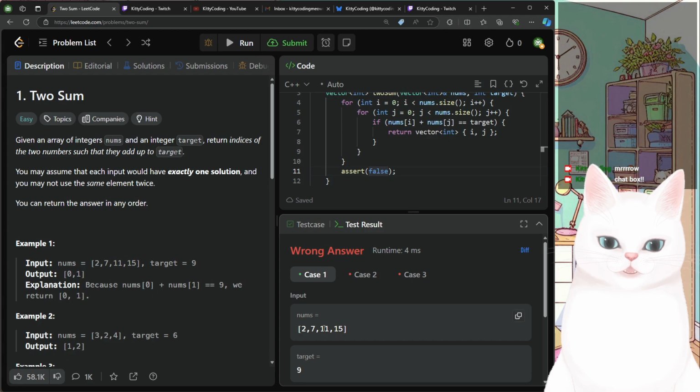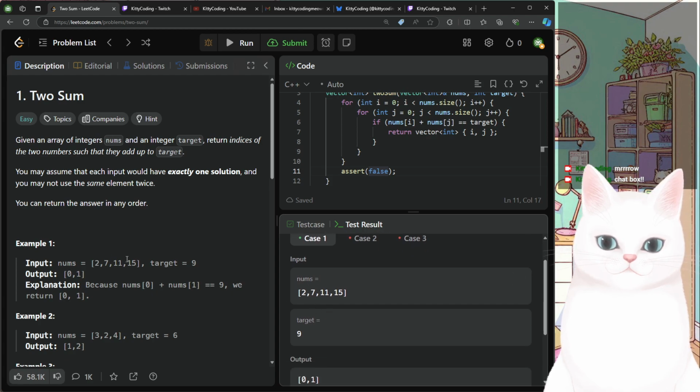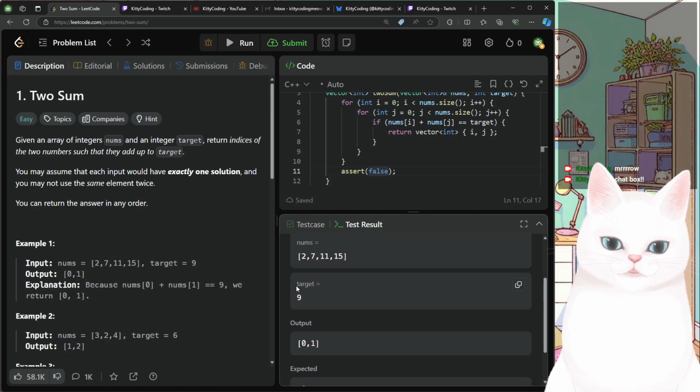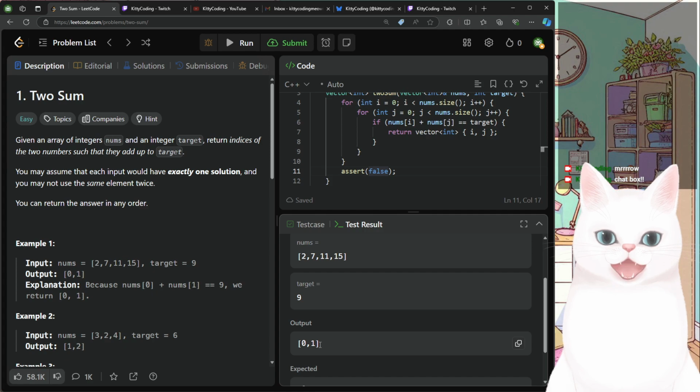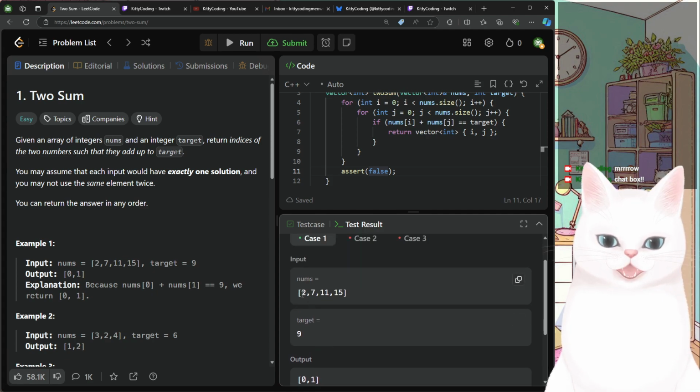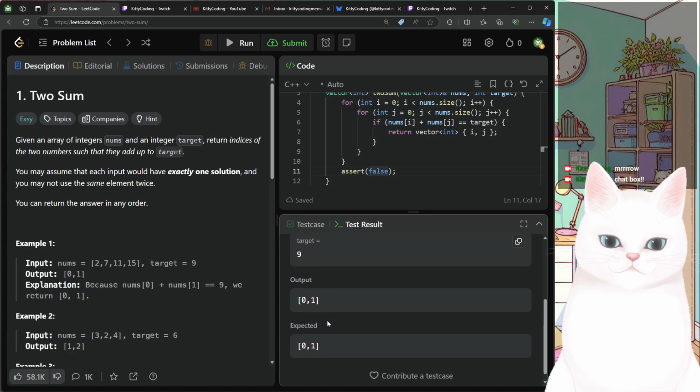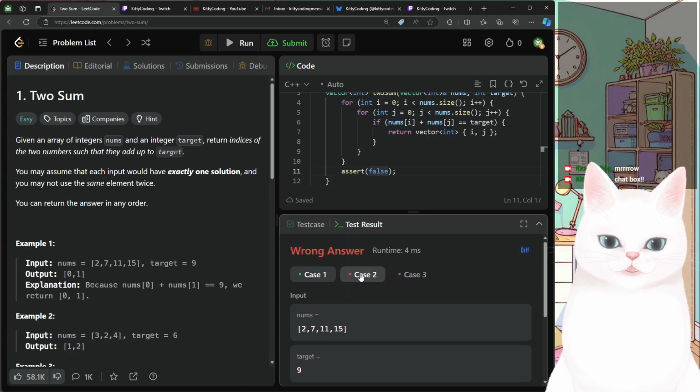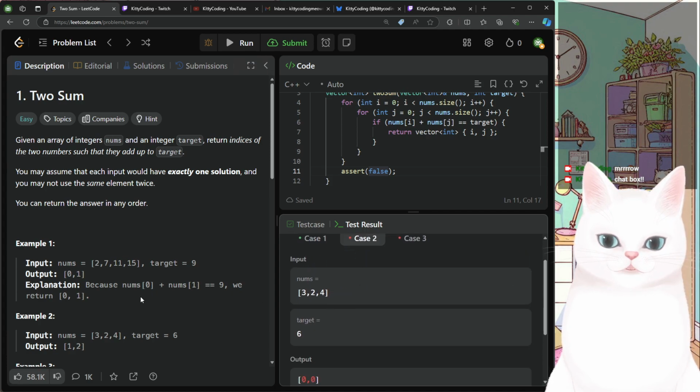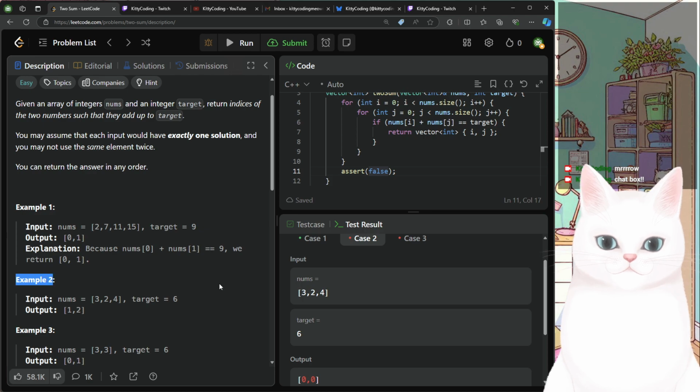So we got the correct answer on this first case, which comes from example 1, where we saw 2 and 7. And it found that the target is 9. And it got an output of 0 and 1. So that's index 0, which is 2, and index 1, which is 7. Those add up to 9. So that's correct. But then when we got to case 2, 3, 2, 4, which is from example 2, this